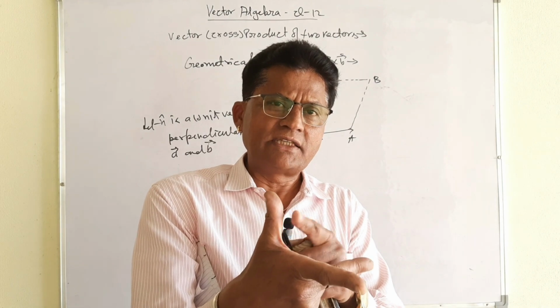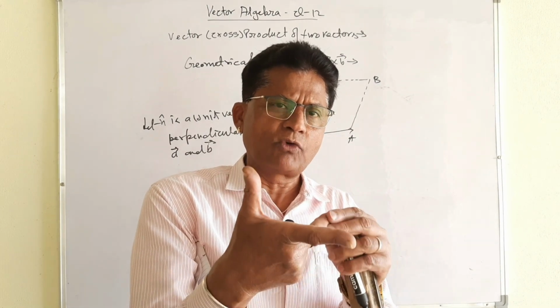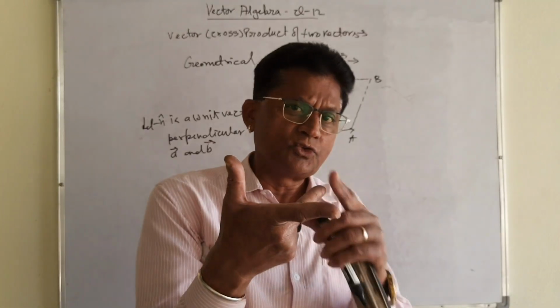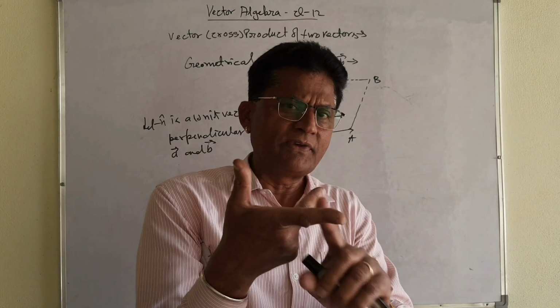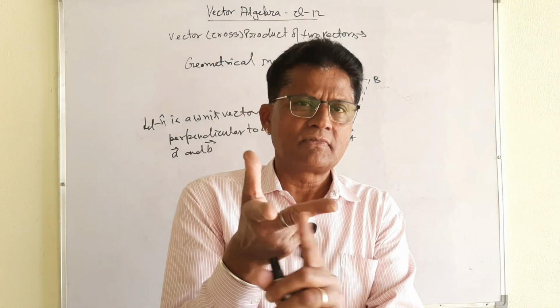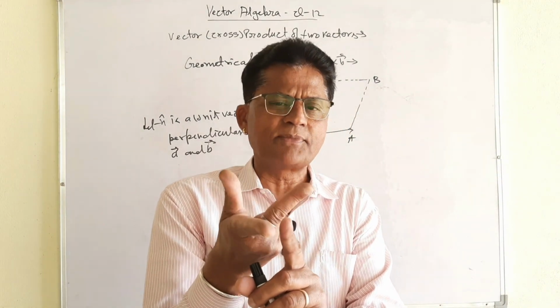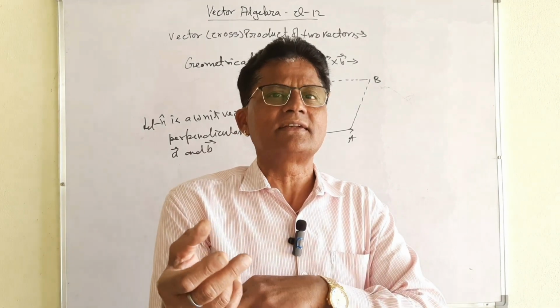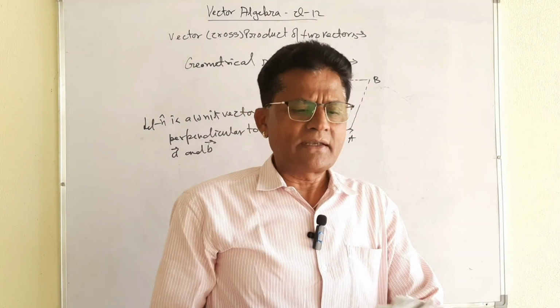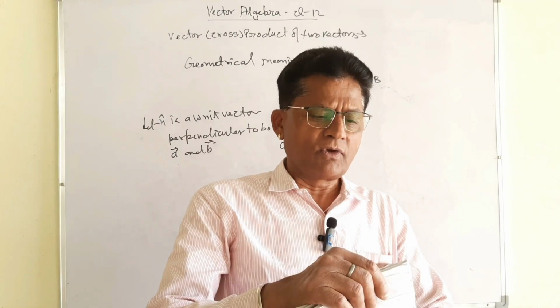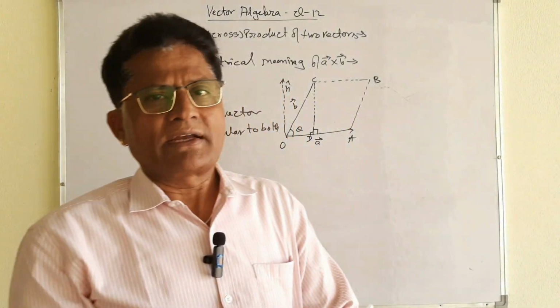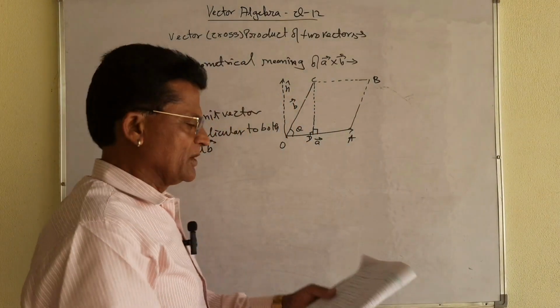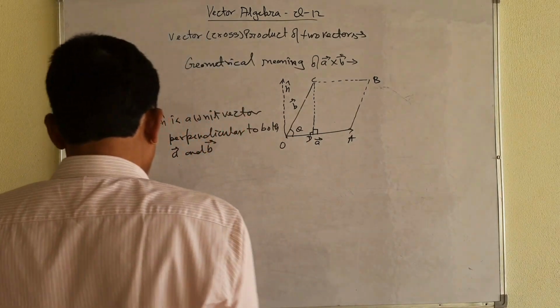This is the unit vector. In the beginning I told you, n vector will be perpendicular to both A and B. You see this condition. And in between them, the angle is theta. Theta I told you can vary, it can be anything. See, it is varying, 30 degrees, 40 degrees, 45 degrees, 60 degrees, whatever it is. But the unit vector will be perpendicular to both the vectors, vector A and B.